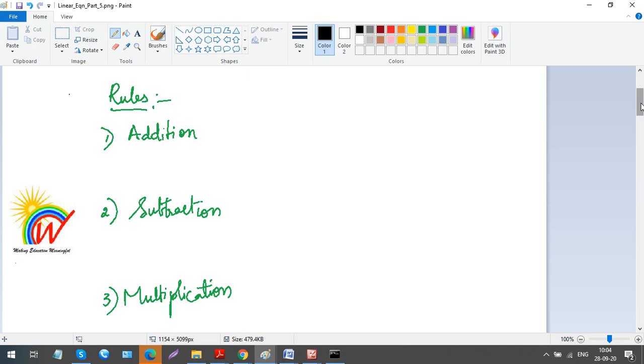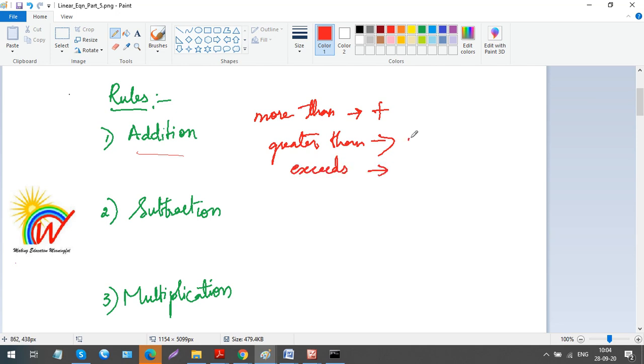Okay, so if you are supposed to add, the terms used for adding will be like, sometimes they may say a number is 5 more than, or 2 more than another number. So when you hear the words more than, you are going to add. Or it is greater than. Okay, so all these words, or exceeds, say that you are supposed to add it. So in the word problem, you'll be given these kind of words.